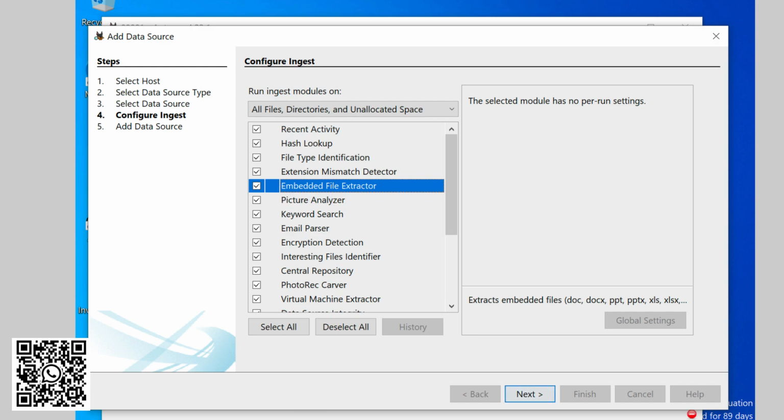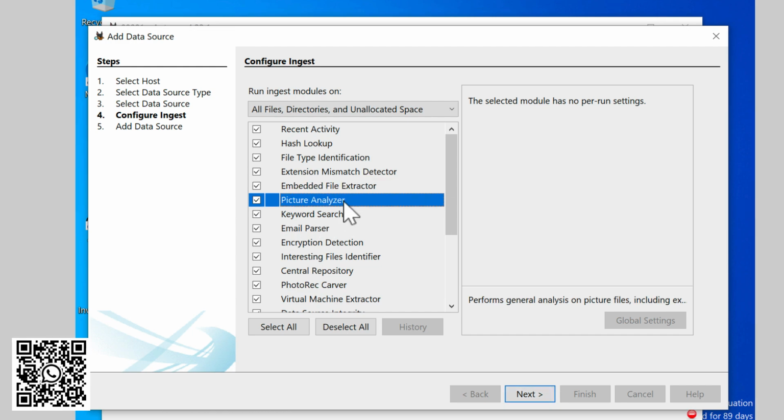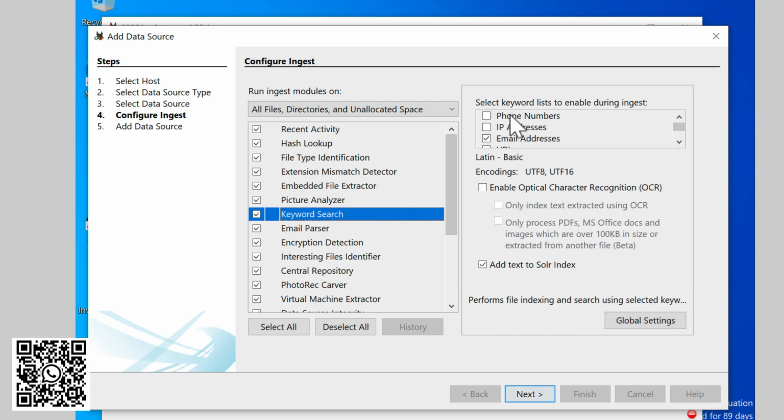Now the next type is basically that allows you to extract embedded files. So for example, there are RAR files, that is really important. The next module is called Picture Analyzer, and it is a really good module because it allows you to analyze the metadata of a picture, like location inside an image, from where it is clicked. iPhones have a lot of information inside the image.